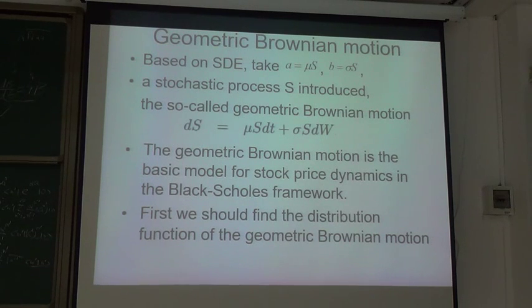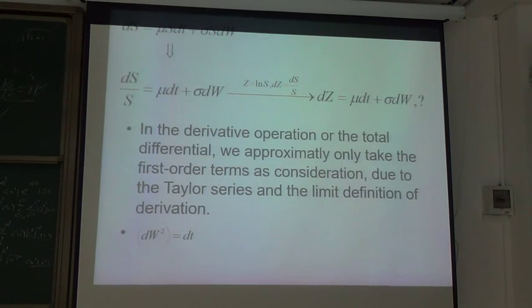And we should introduce the geometric Brownian motion. Just take the change of x to S, with a equal to mu S and b equal to sigma S, and we can obtain the stochastic process S. The geometric Brownian motion is the basic model for stock price dynamics in the Black-Scholes model. First, we should find the description function of the geometric Brownian motion. And as a general view,